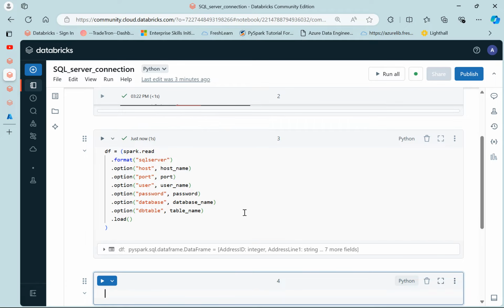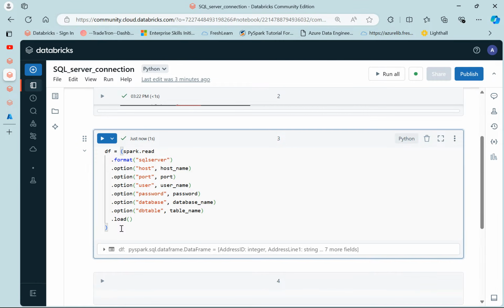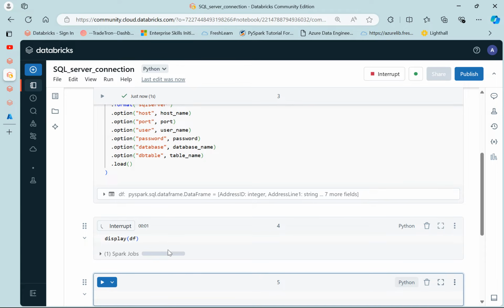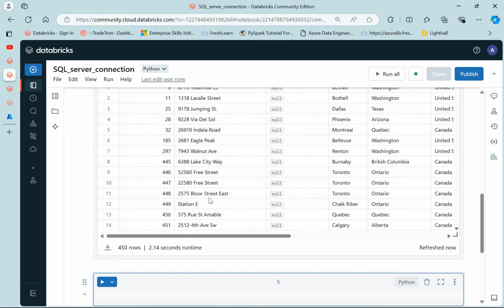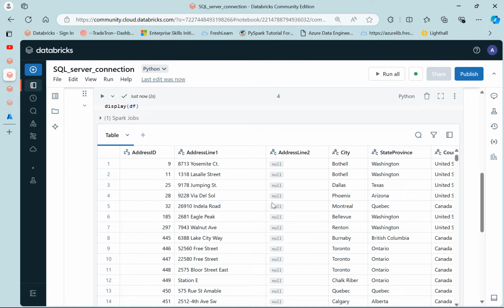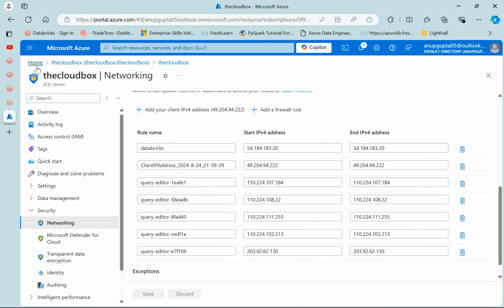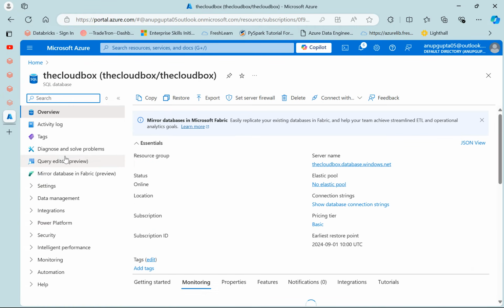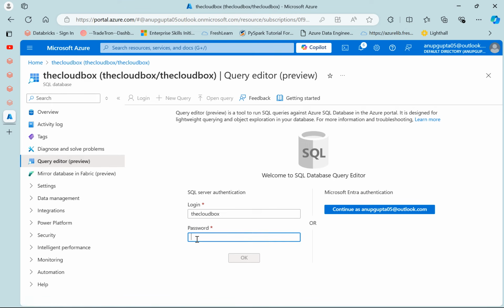So I guess this video is taking longer, but yeah, fine. So you can see it actually loaded the data, and if you want to see the results, let's say display, and here you can just show the results as display df. So you can see your data is coming properly. If you want to see this data in the query editor, let's open the SQL database. You just go to the query editor and log in here,